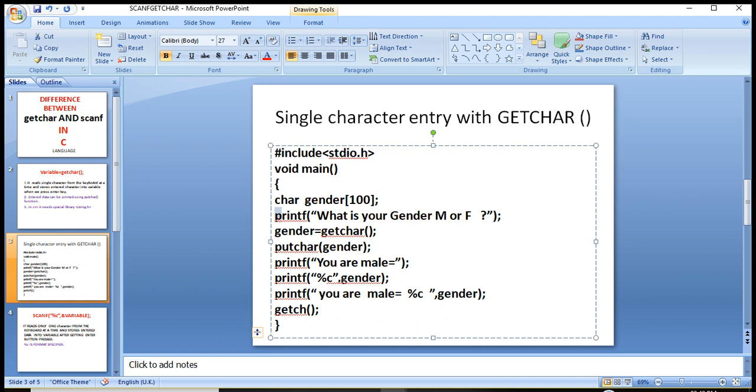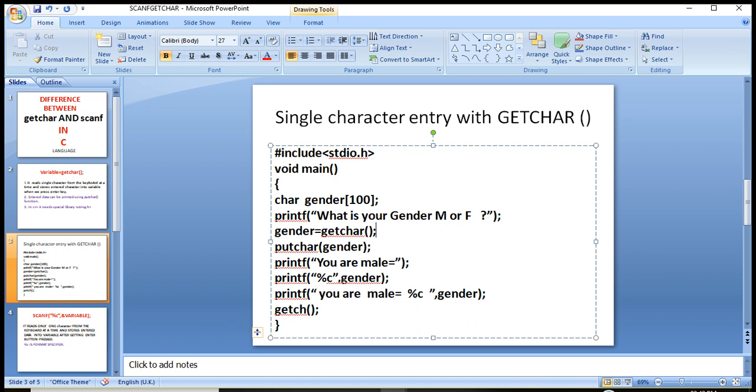The printf function will print the message, what's your gender, m or f. It will show this message on the screen. And the getchar function will read data entered by the user. It will read only a single character. It will read only the first character of the entered data.